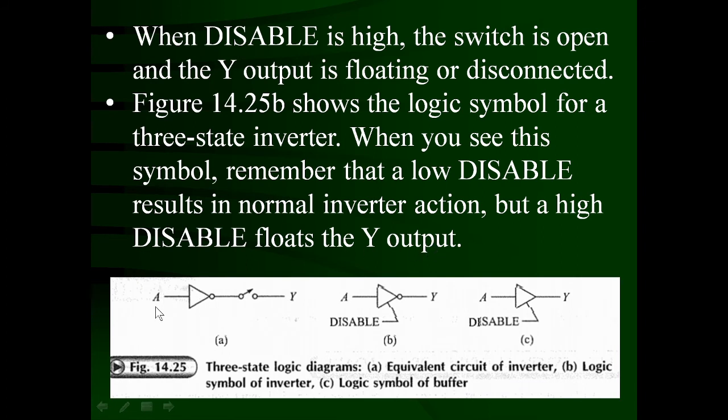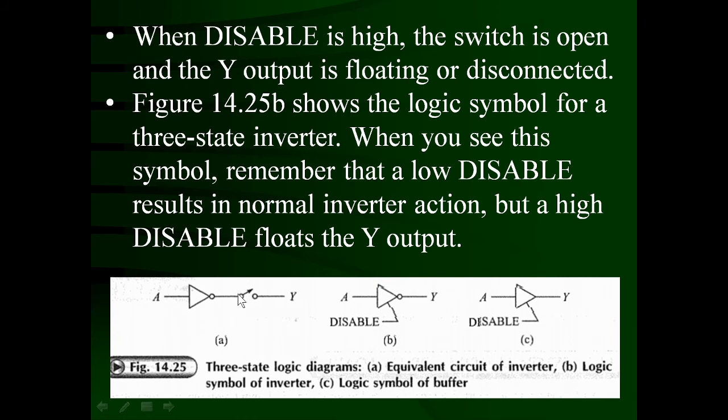So whatever previous circuit we have seen, this is the logical circuit equivalent to that one. This is the input A, this is the output Y. Between them, there is an inverter, a NOT gate, triangle and bubble. But after this NOT gate, it works like a switch. So when the decibel input is low, the switch is closed, and Y takes the value of the complement of A. That means Y is equal to A bar.